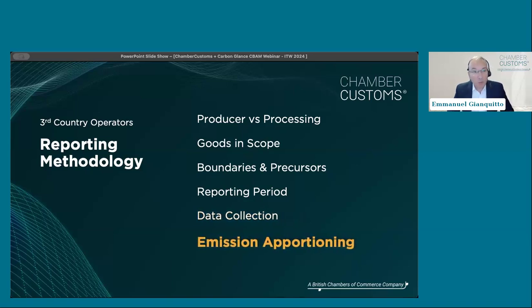We then have probably the more technical part of the calculation, which is the emission apportioning. There are specific rules on how we can aggregate or disaggregate products and production processes, and we need to think strategically on how to do that to get a set of figures which is representative and not manipulated, and something that could stand scrutiny